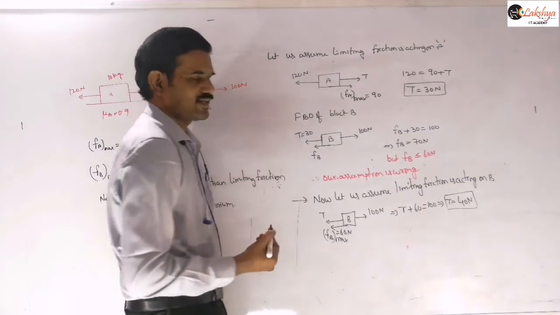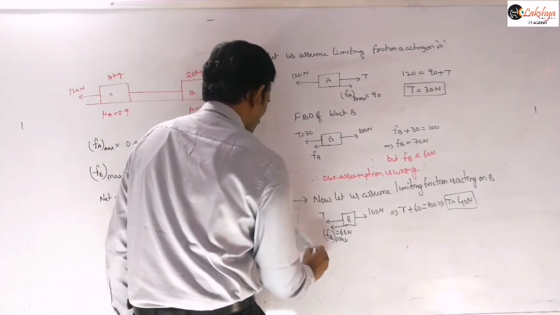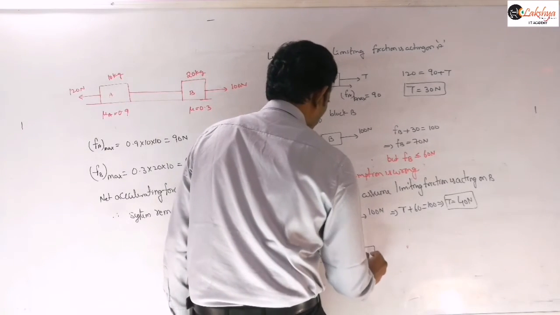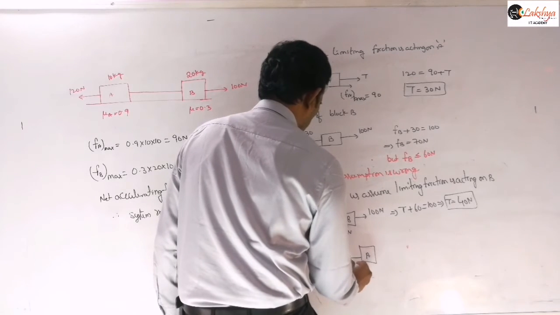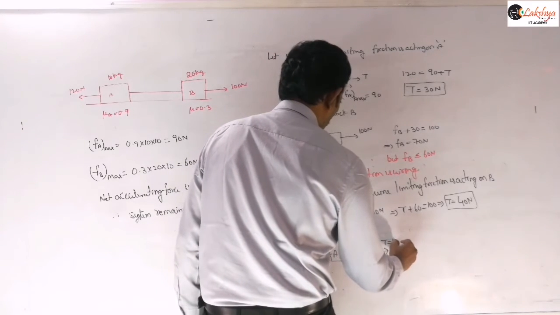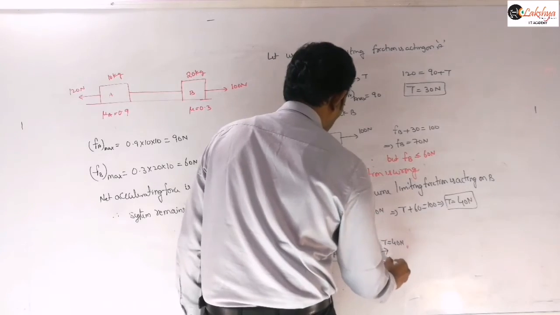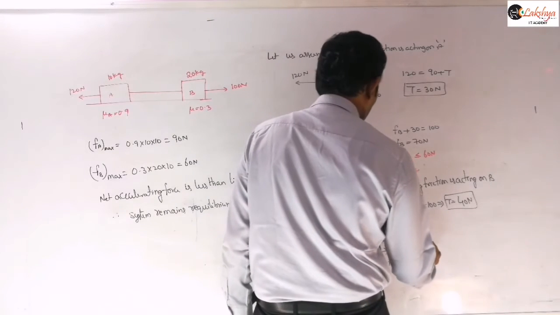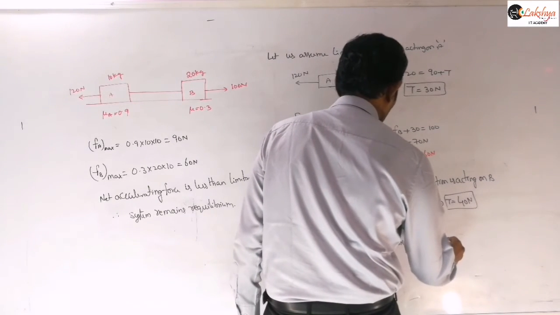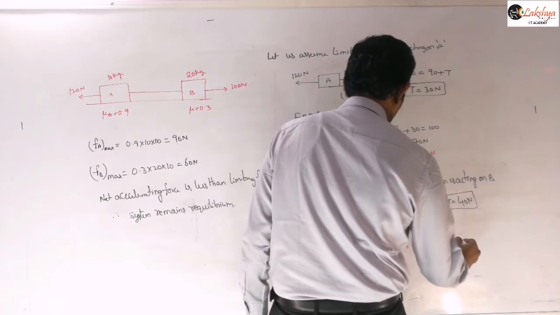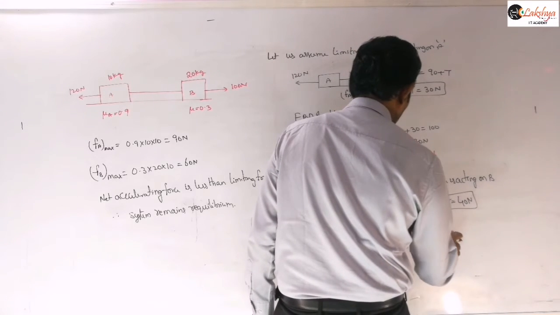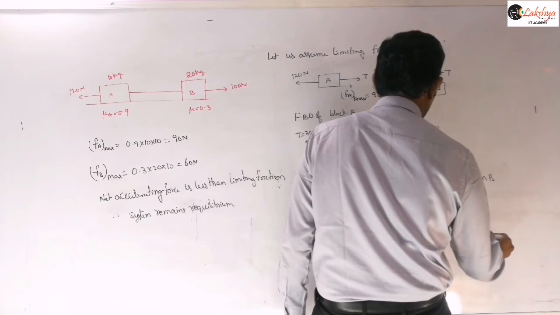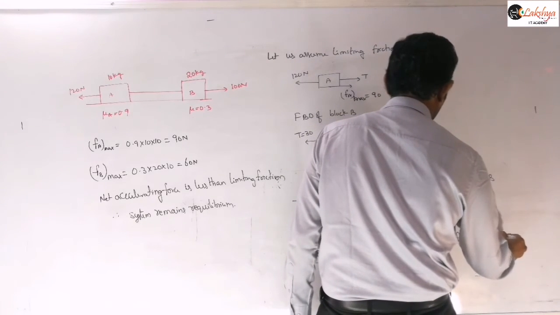So then again let us calculate the frictional force acting on A. So FBD of A. If I consider here, this side 120 newtons is acting, and this side tension which is 40 newtons, and here this frictional force will be along this direction, because the block has to remain in equilibrium there. And so now this FA value we can calculate here, 120 is equal to 40 plus FA, and so from this you can calculate FA is equal to 80 newtons, right?